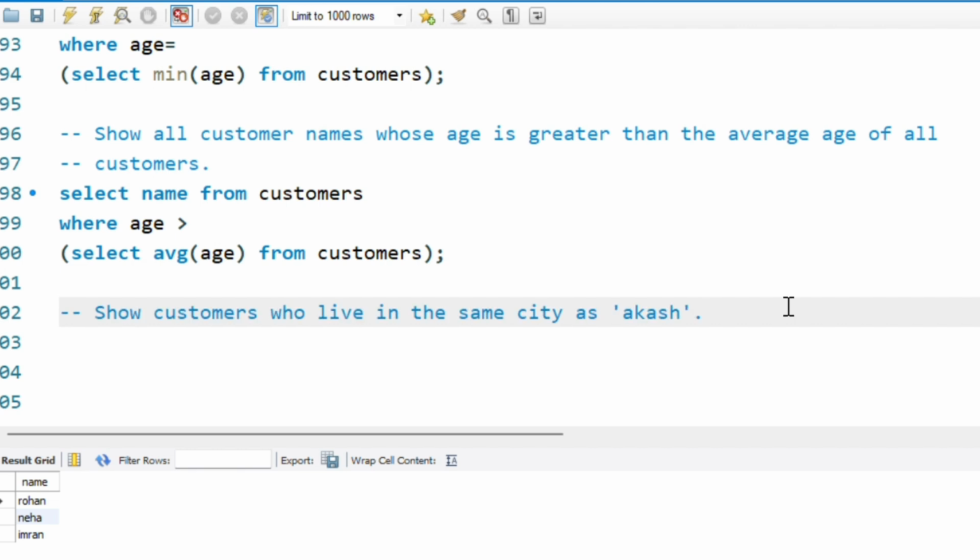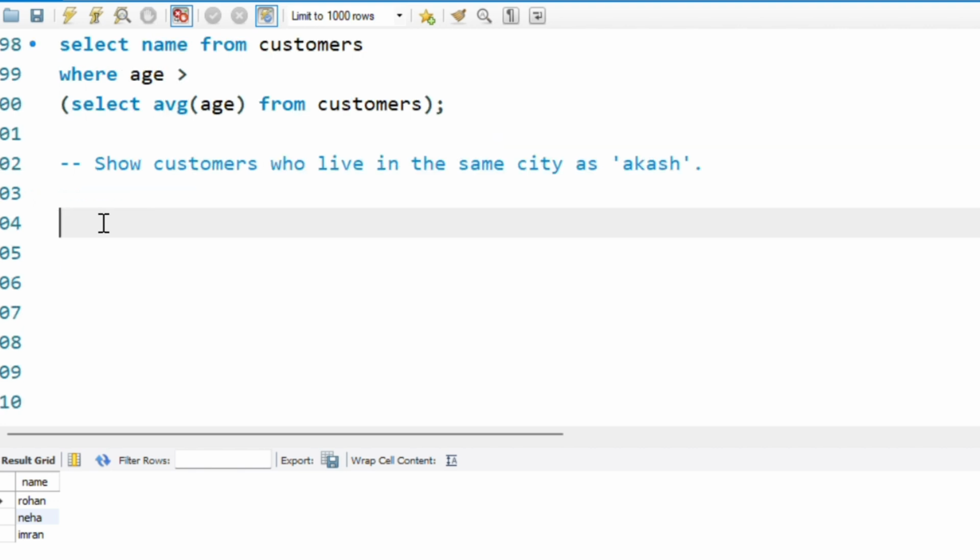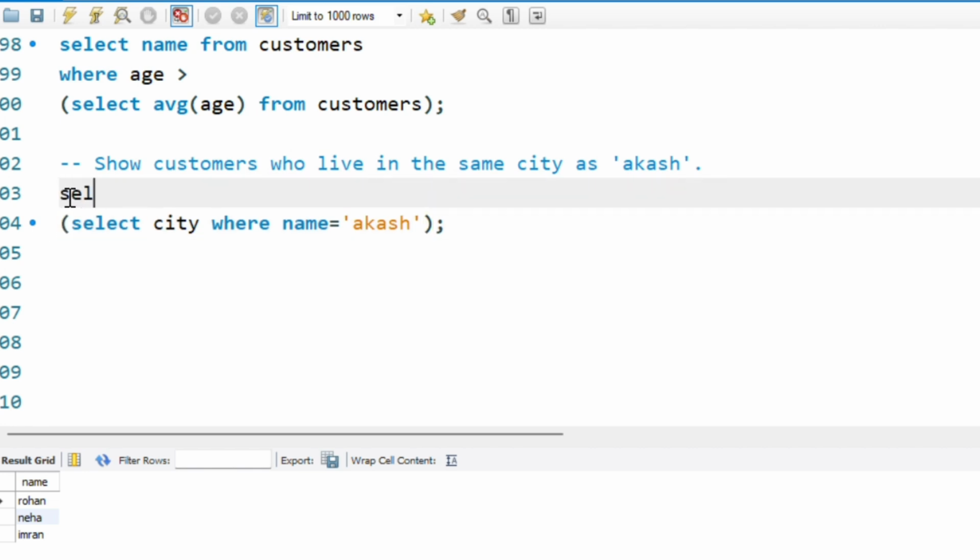Okay, show customers who live in the same city as Akash. So Akash can be multiple. Okay, and in different cities. Select city where name is equal to Akash. This can give us multiple cities because Akash can be multiple. Okay, so to handle multiple values we use in. Okay, in keyword. So we will write select star from customers where city in and the multiple cities we got from subquery. Okay,